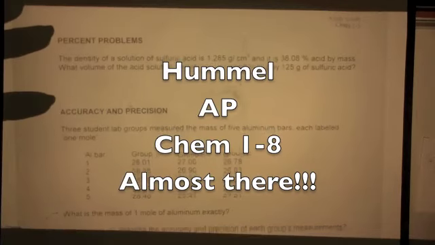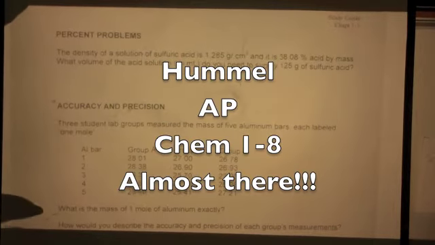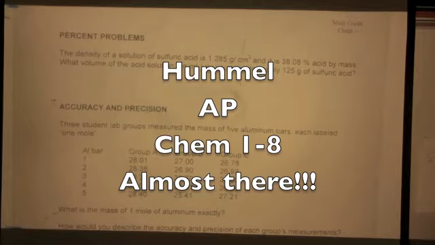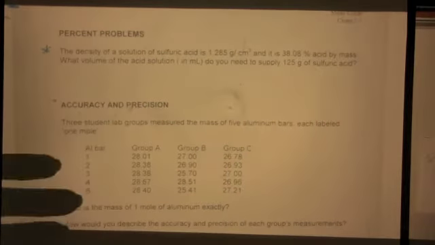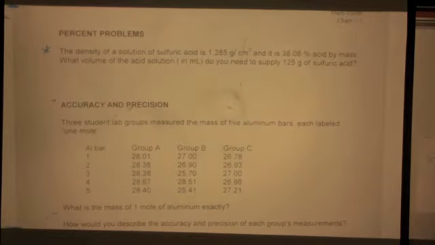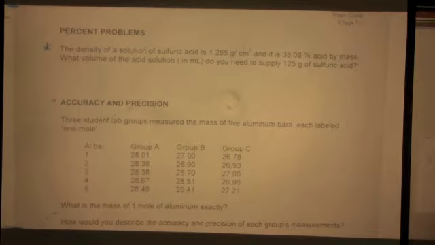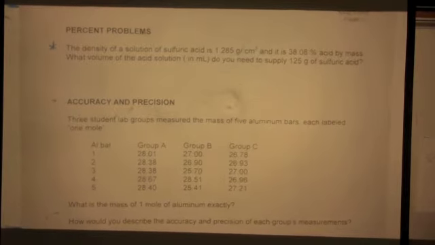One more thing before we leave conversions, percent problems. If you're going to get something wrong, and I hate to put it this way, it might be this type of a problem. There's some little tricks that I hope to show you as we go through these. It says that the density of a solution of sulfuric acid is 1.285 grams per cubic centimeter, and it's 38.08%